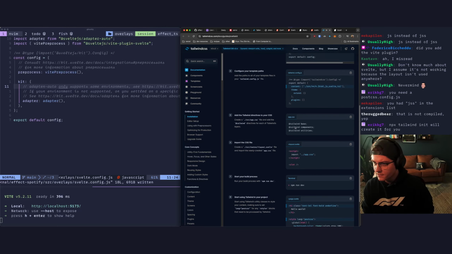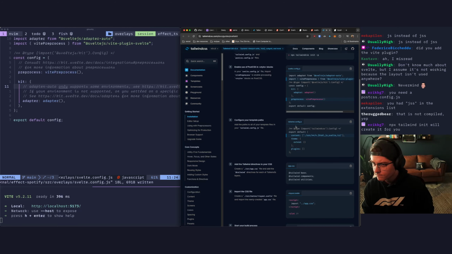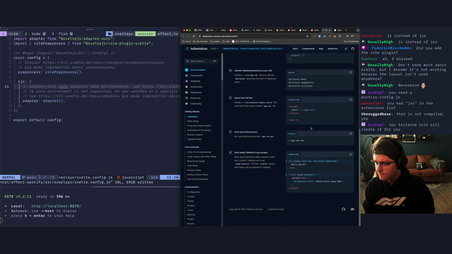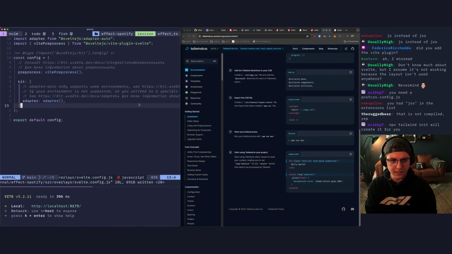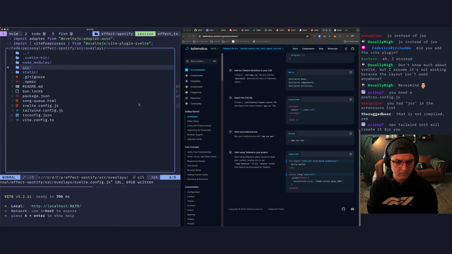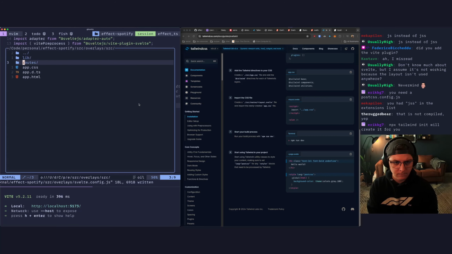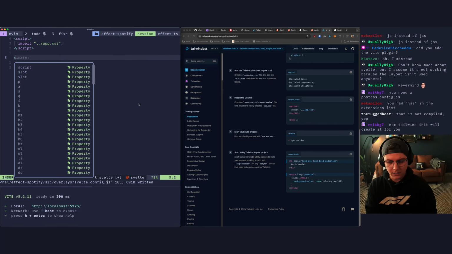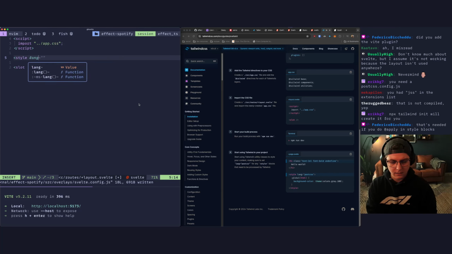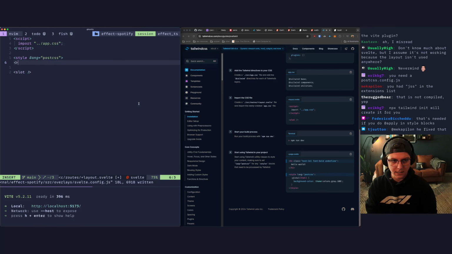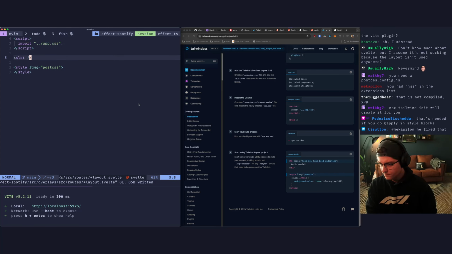It doesn't say I need a post CSS thing here. Can I not just do, here in layout, can't I do style lang equals post CSS and then /style? Something like that.